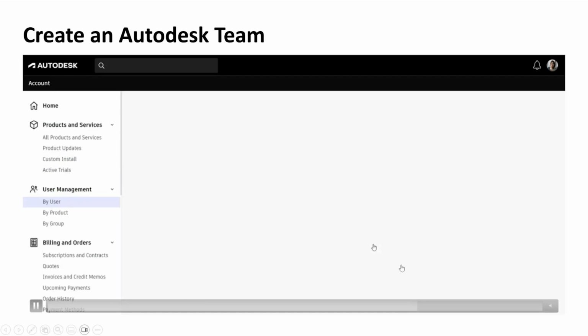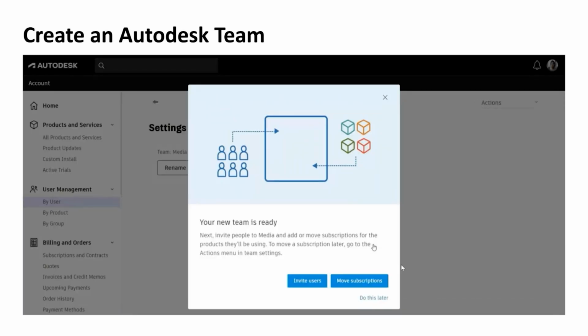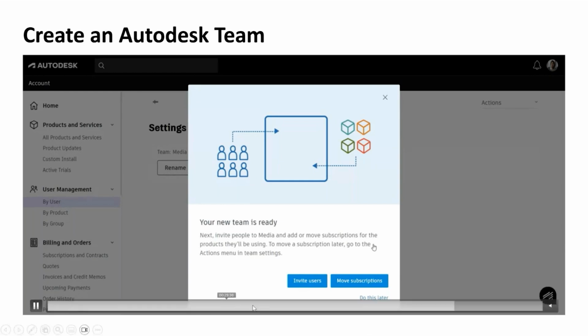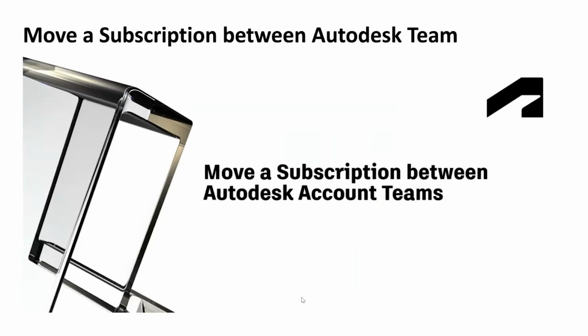So once the team has been created, that team has options to invite users or move a subscription. These are the two major options we can use once your team has been created. So we'll be seeing how to invite users and also how to move the subscriptions. When I say move a subscription, that is the main thing, because invite is going to be a